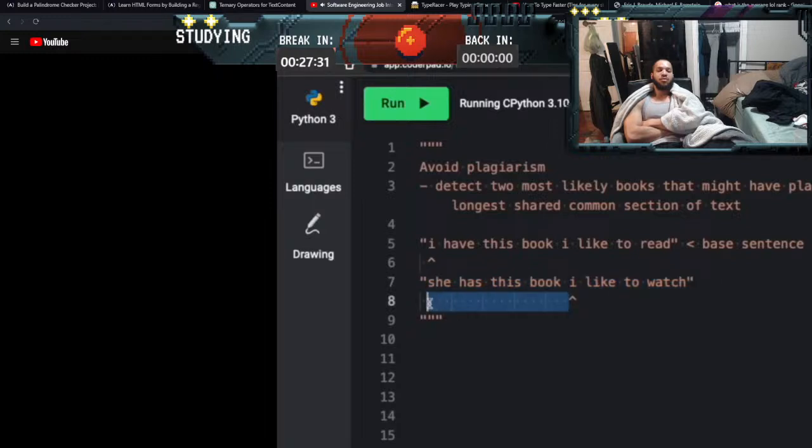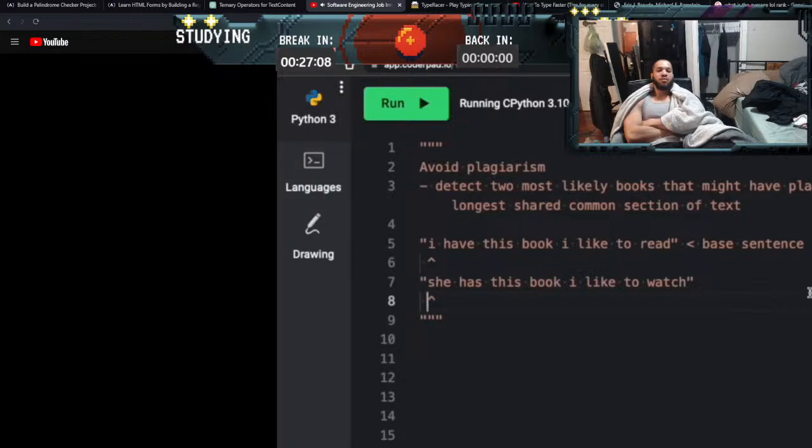Does that make sense why that's maybe not the most optimal solution? Yeah, that makes sense. And what would be the runtime of that? It would be O of n squared, because if we have one sentence O of n and one sentence O of m, it would be O of nm, because for every single character we have to run through the other string